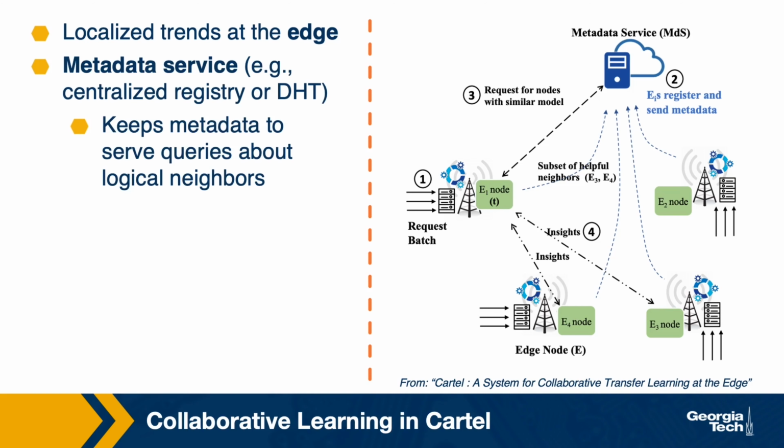Cartel does rely on a, logically at least, centralized component, a metadata service. This can be either a single server or even some sort of DHT layer, but only to aggregate metadata about the different learning processes that are happening at the different nodes. To perform learning, each of these nodes receives some number of requests, and then, a single batch at a time,